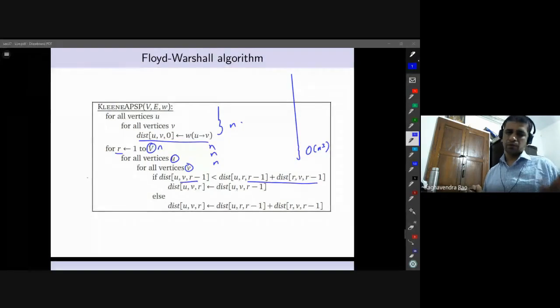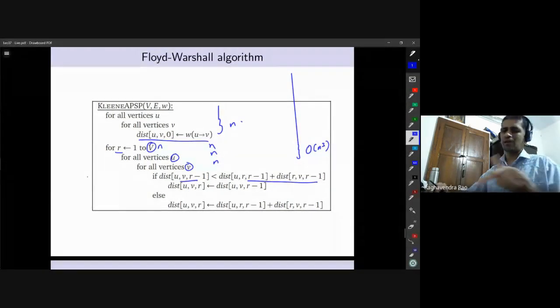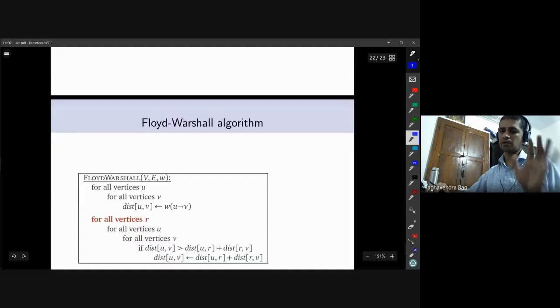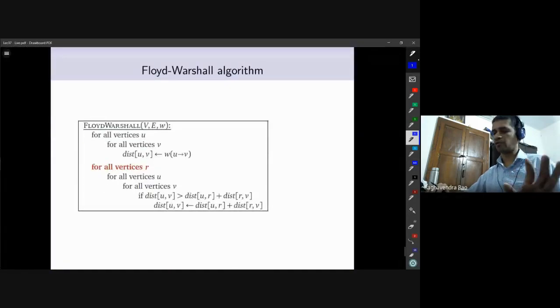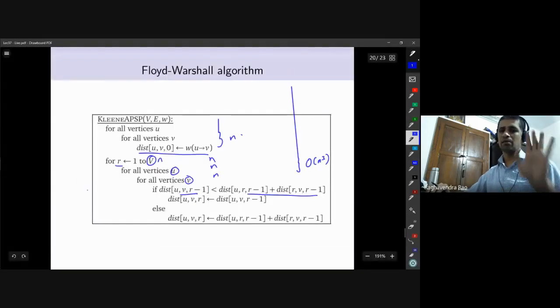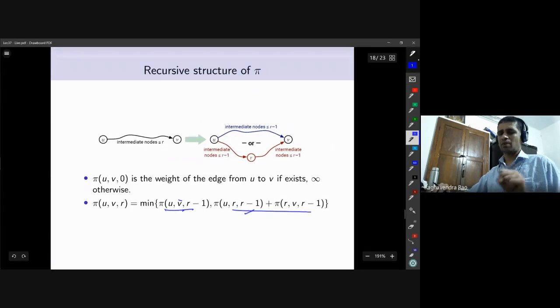It's already 58, so I'll stop here. We'll also see a 2-dimensional version of it, what is known as the Floyd Warshall algorithm. I'll quickly go over this formulation in the next lecture. I will not spend more than 15 minutes. And after that, we will be starting another topic, the penultimate topic for the course, that is